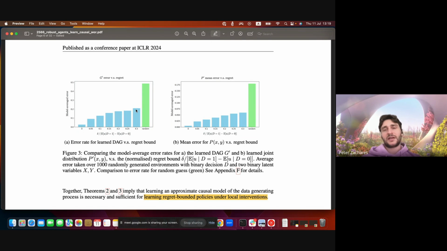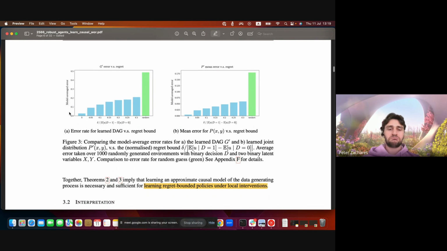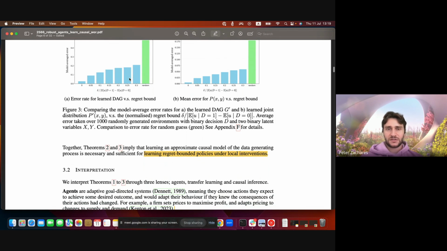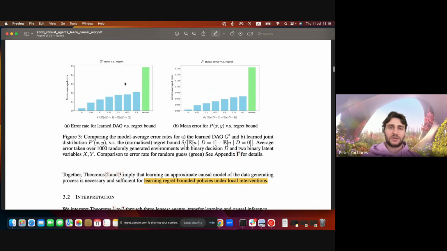So it's like empirical evidence that suggests the same thing as their results. And I think they're using the algorithms that they use as part of their proofs in order to recover the model. So yeah, there's one other set of results that look almost exactly the same as these later in the appendix, but this is just showing empirical evidence of what we just saw.